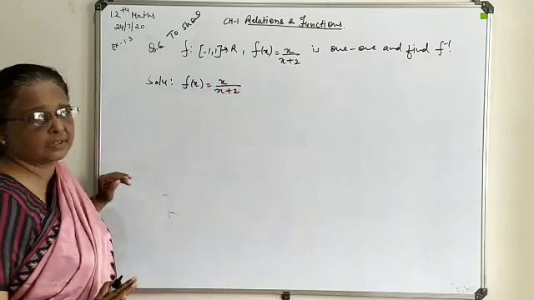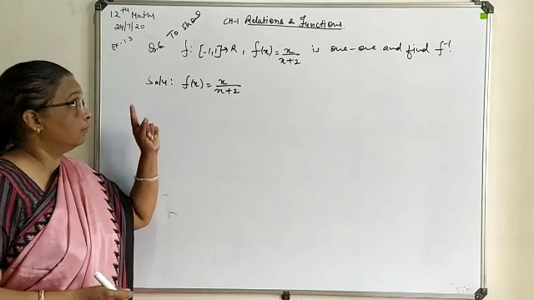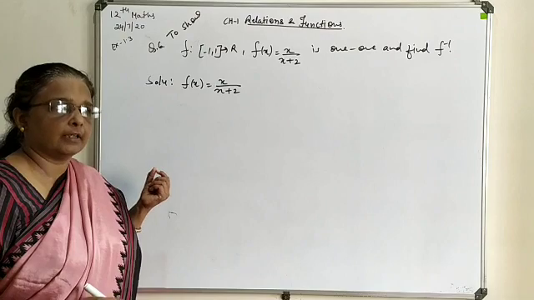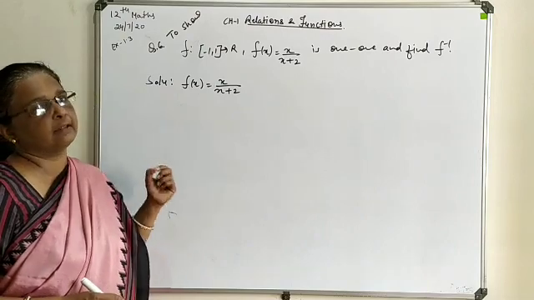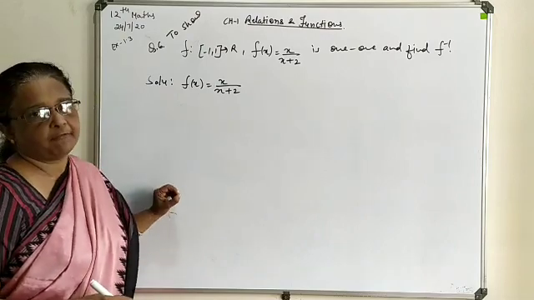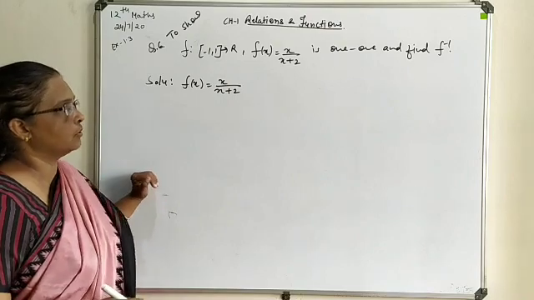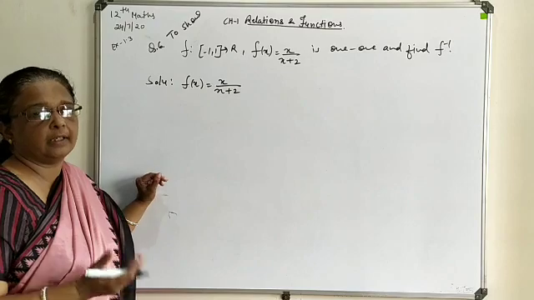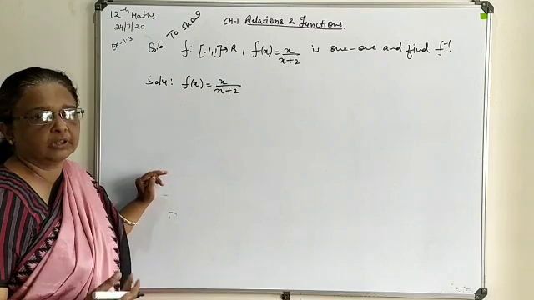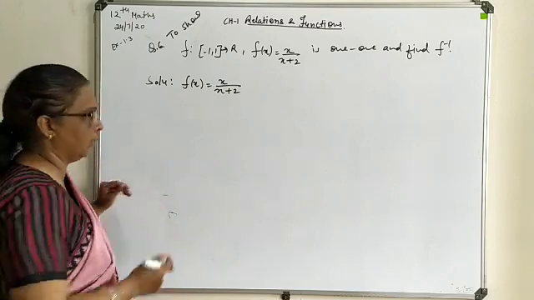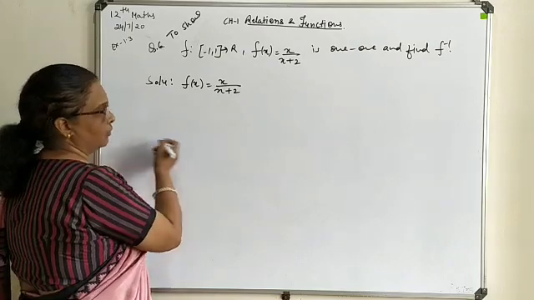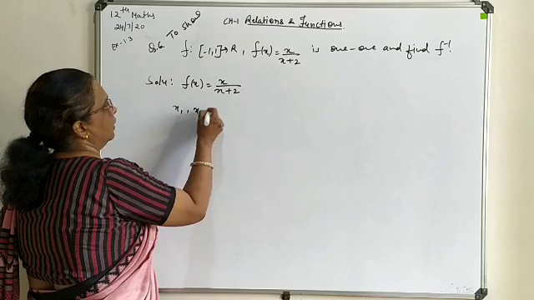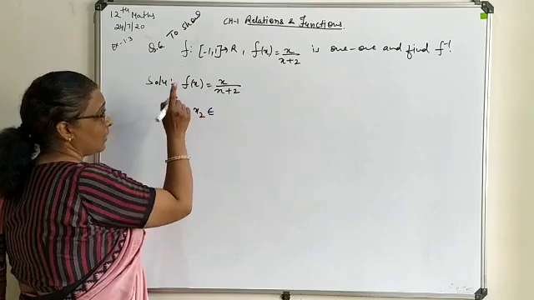What is the meaning of 1-1? Regarding one value you have only a single image, meaning for a single value in your range you will have a single answer as f(x1). So here we are going to suppose two values x1 and x2 in your domain and try to show that both are the same, these are not distinct. So these are the steps we have to write for 1-1. So here you have to select x1 and x2 from the given domain